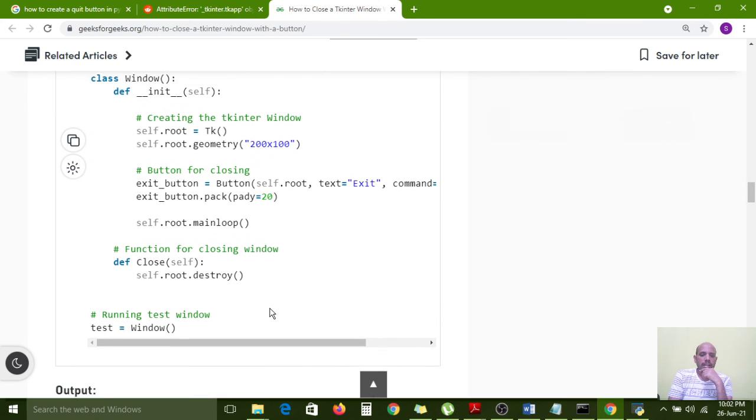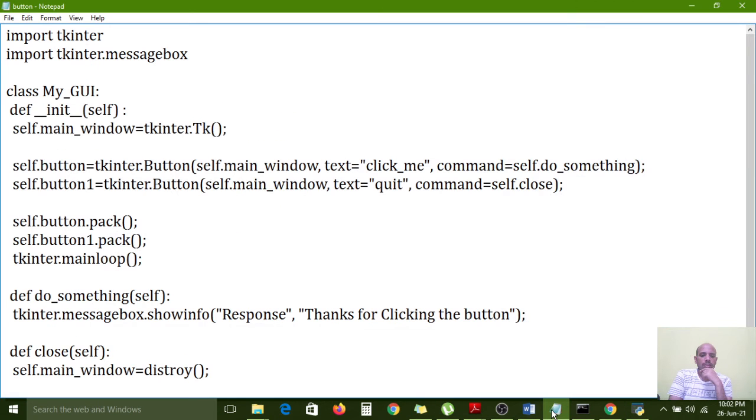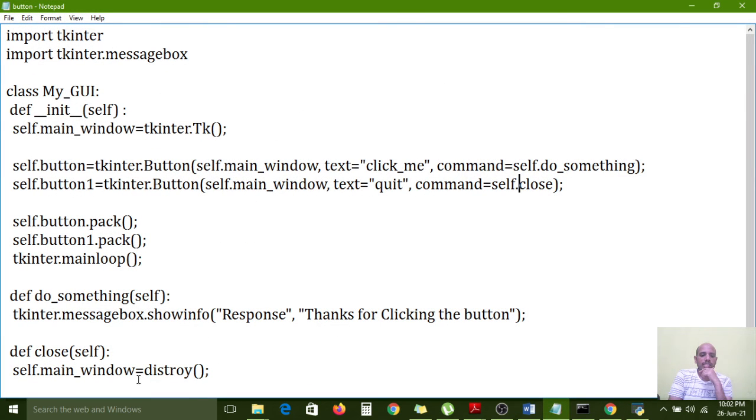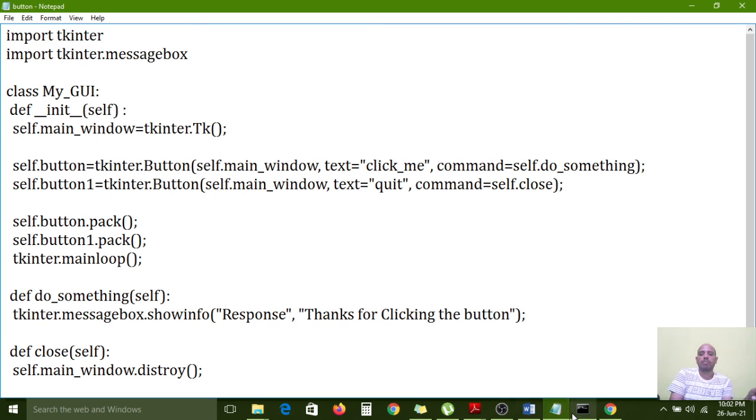Command exit_tag close root.destroy. Self given self.main_window.destroy. Sorry, here I have given equal to; a dot we need to use. So that's why it is not working. Now I am closing this one. Successfully we have created it, no problem.